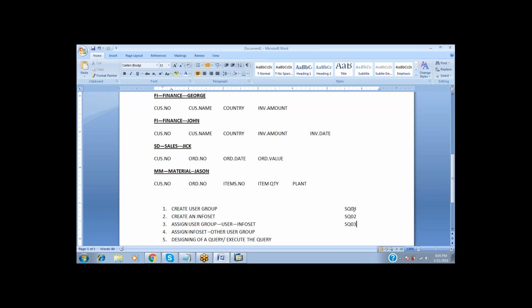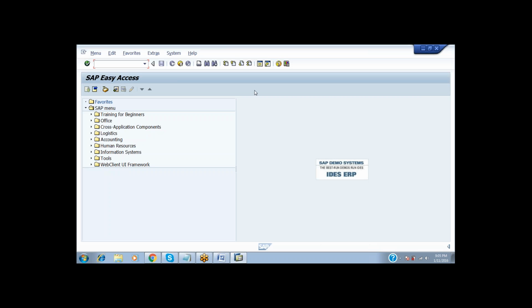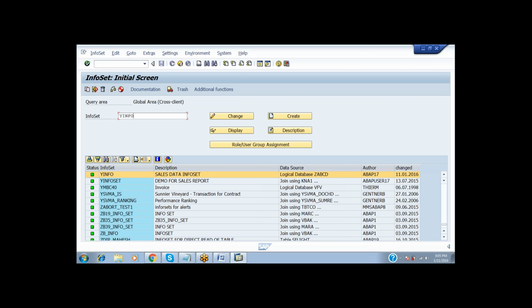Even if you want to give the authorization to multiple users, you can. There is not a problem at all. And the next one, if it is multiple users within the same group, I can frame that there. If I want to give the authorization to multiple user groups, then what do I have to do? For that, again go to SQ02. See, SQ02, for this info set,